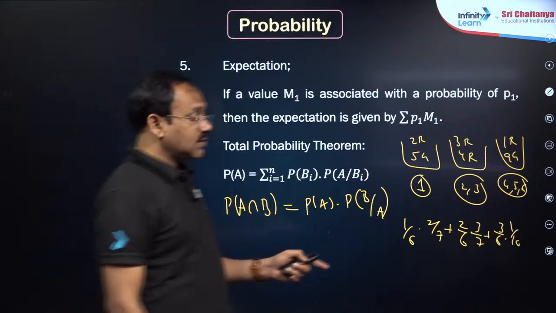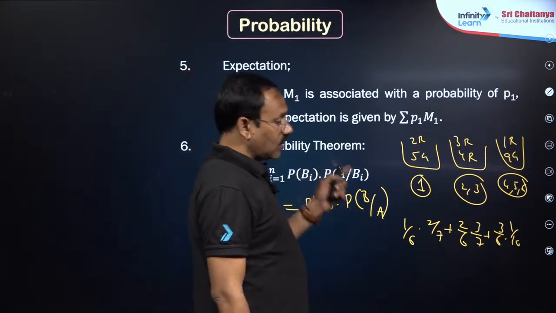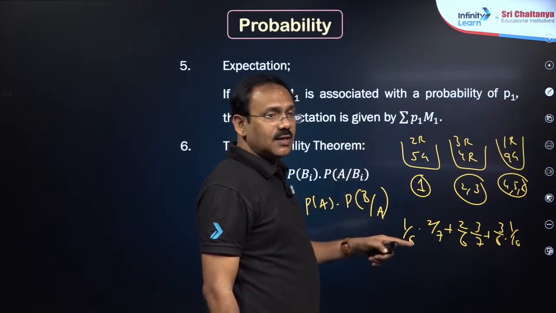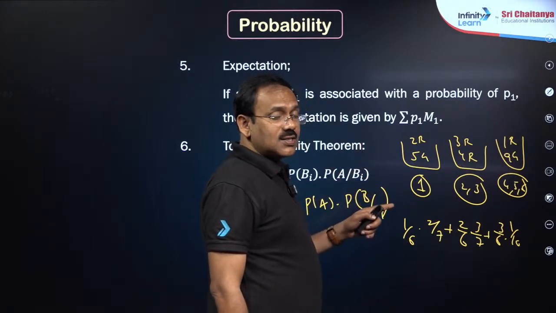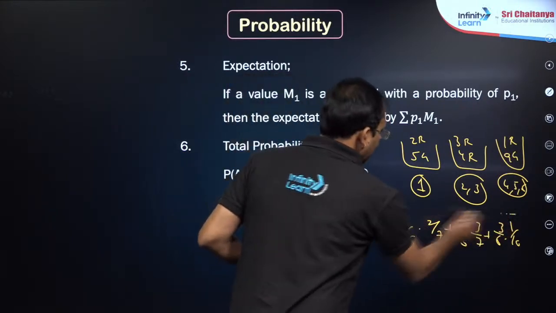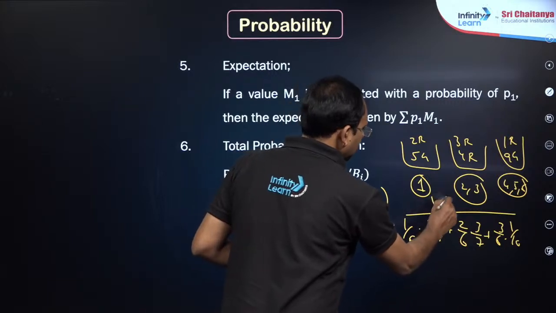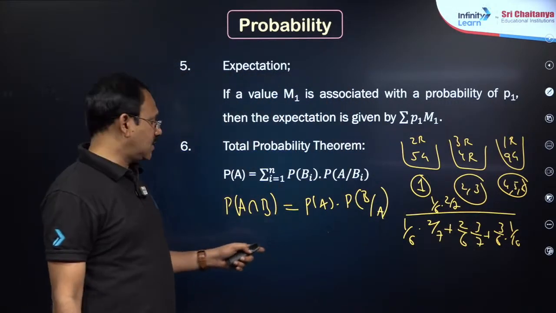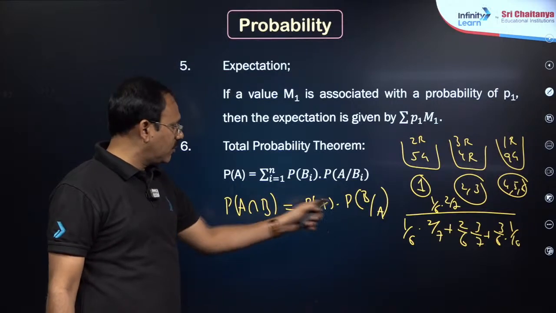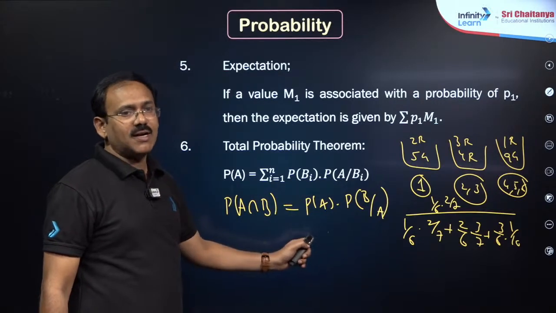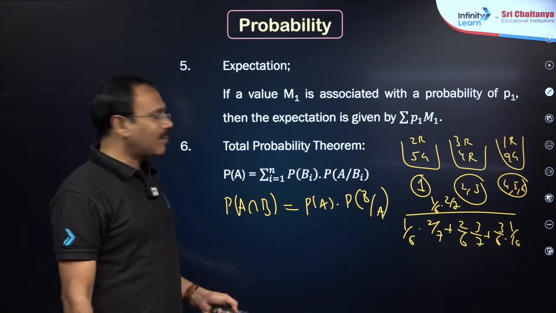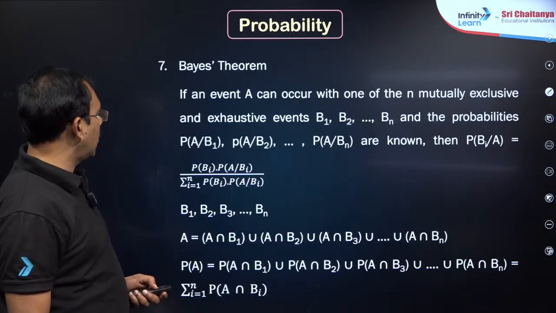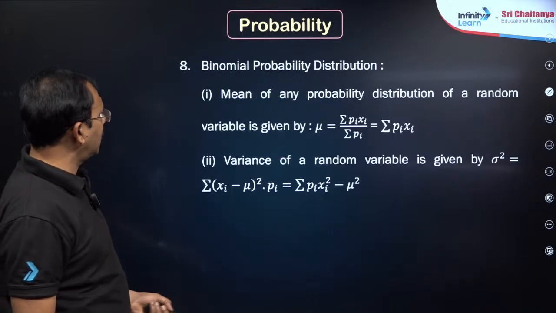Now, after this, suppose Bayes theorem means, a ball is selected at random, it is red, what is the chance that it is from box 1? Box 1 you write in the numerator. That's it. This is the same conditional probability. If you write like this, we call it the multiplication theorem. So these are the points in probability, my dear friends. In probability, distributions are also there. That's what we have written, Bayes theorem.